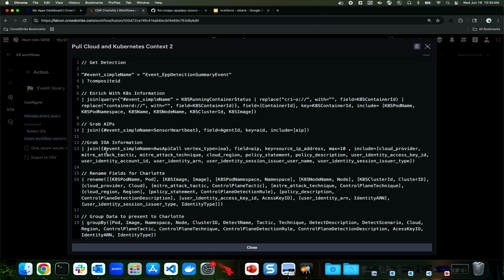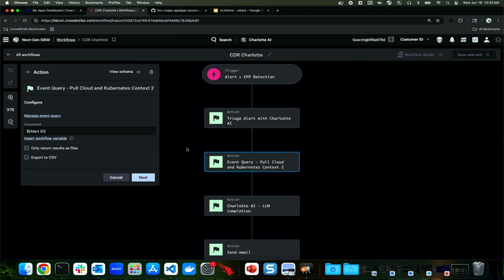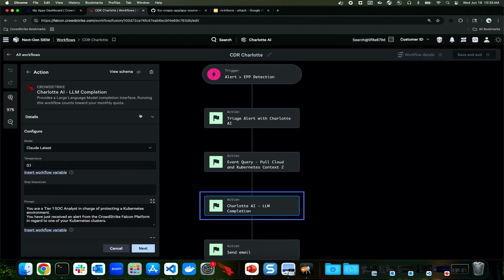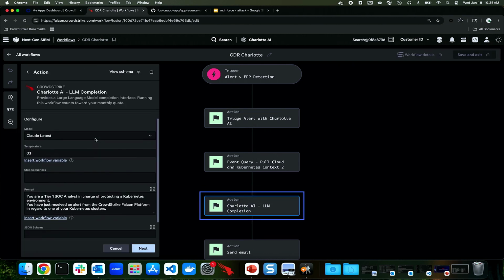And then we're going to join on the actual sensor ID as well. Provide some context for Charlotte to rename things, make the naming convention a little bit cleaner, a little bit nicer, and then we're going to group the data. And so when that query runs, the next step in the chain here is Charlotte is actually going to use